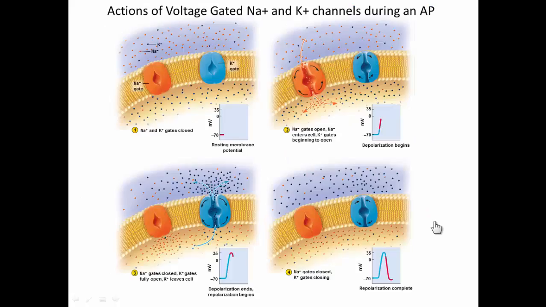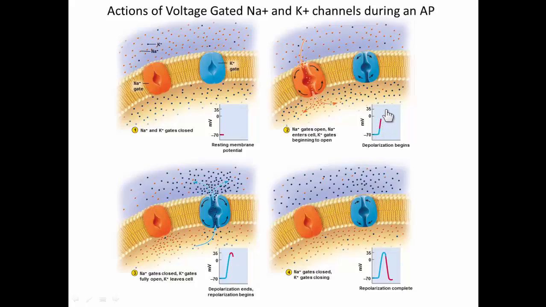This is just a series of pictures that show you the same thing as that video does, but it also includes a little graph down here, the same graph we looked at for the action potential. At rest, both the sodium and potassium channels are closed. Once we get to negative 55, the sodium channels open, sodium comes in, and we depolarize, which is going up